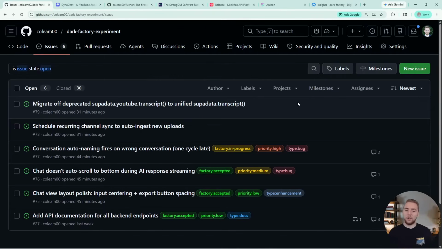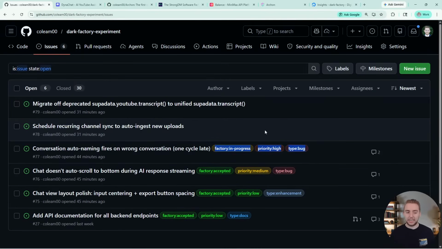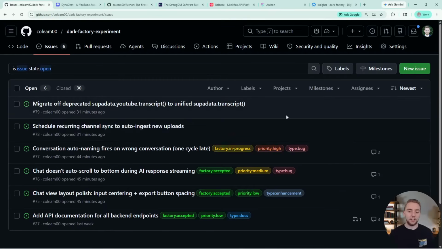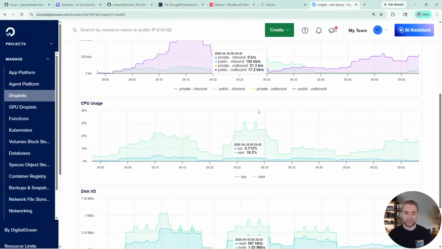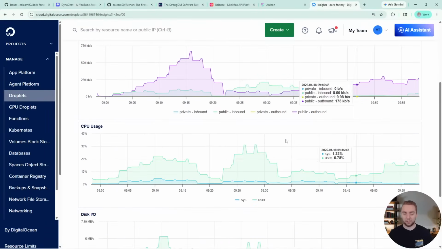Or I guess the orchestrator wouldn't be able to pick up something, because right now, just for the sake of testing things one at a time, I only allow it to handle one thing at a time. So the cool thing is, once I end my stream here, it's just going to rip through all of these throughout the day as I'm working on other things. And when I get comfortable with it, I can increase the parallel executions allowed. As long as the machine can handle the CPU and RAM usage, I can rip through a lot more at once.